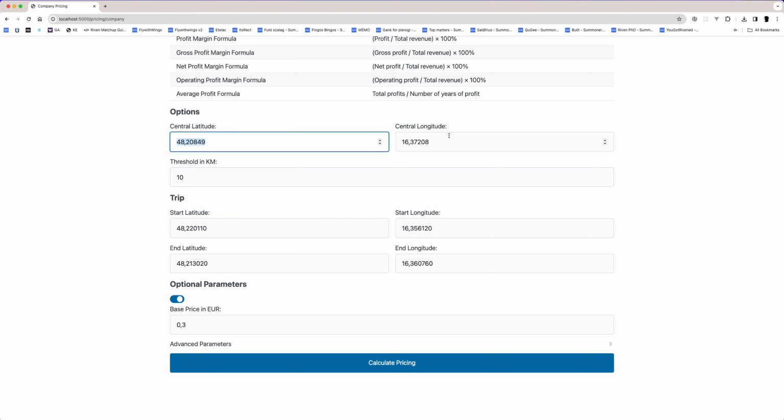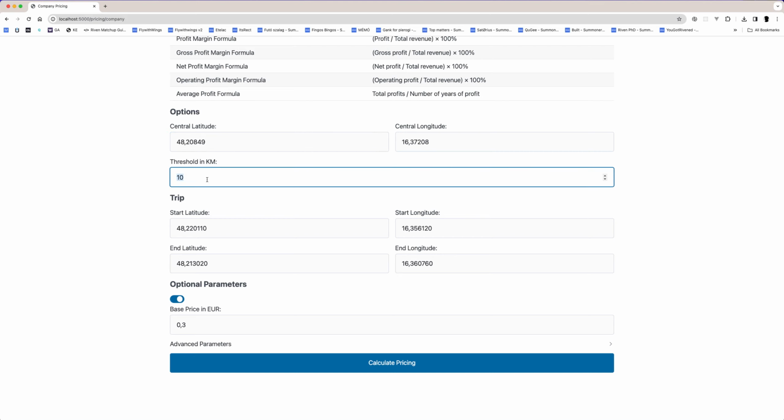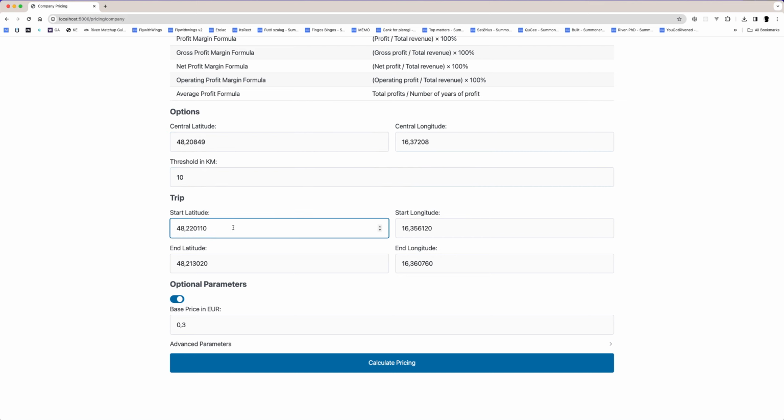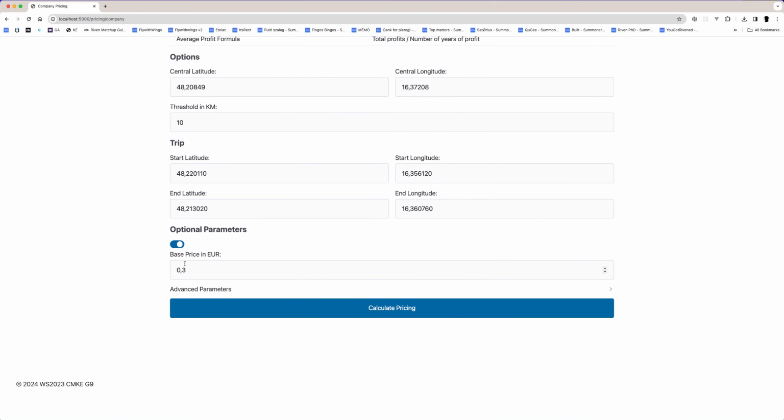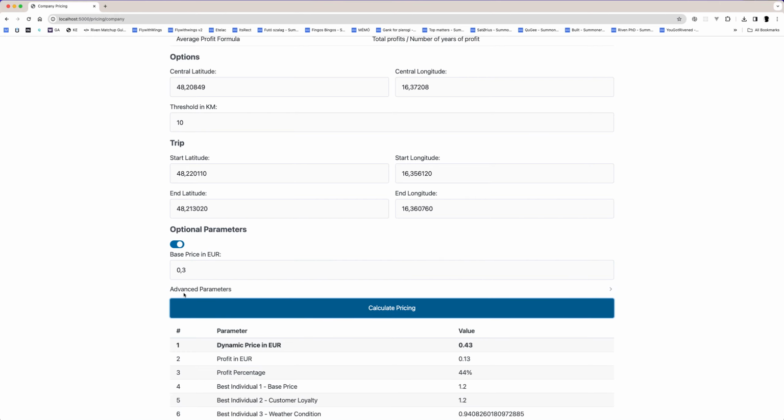First, we have a central latitude and a central longitude. This is currently the city center of Vienna. We have a radius of 10 kilometers, with a start latitude and end latitude and longitude from Währingerstraße 26, actually Währingerstraße 29, to Schottentor Hauptgebäude University of Vienna. So if we assume that we have a base price per minute of 30 cents here, we can calculate the